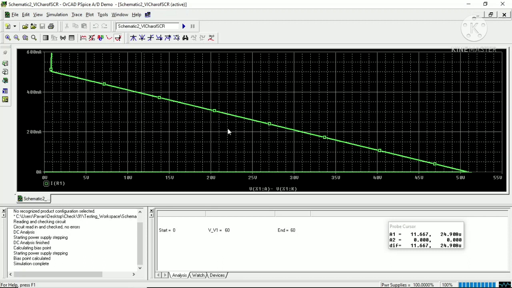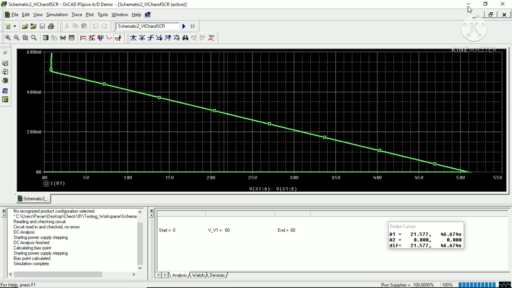Then you can join those points with firm lines, and that will give you a manual handmade graph on graph paper also. So in this way you can measure things by using the toggle cursor option.